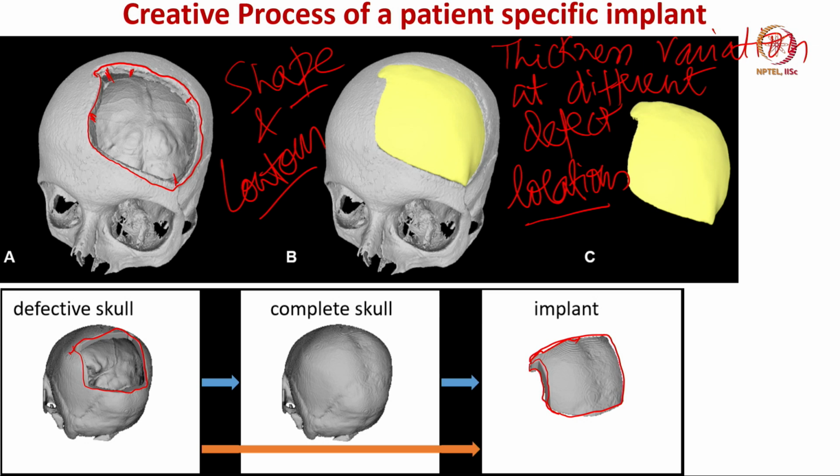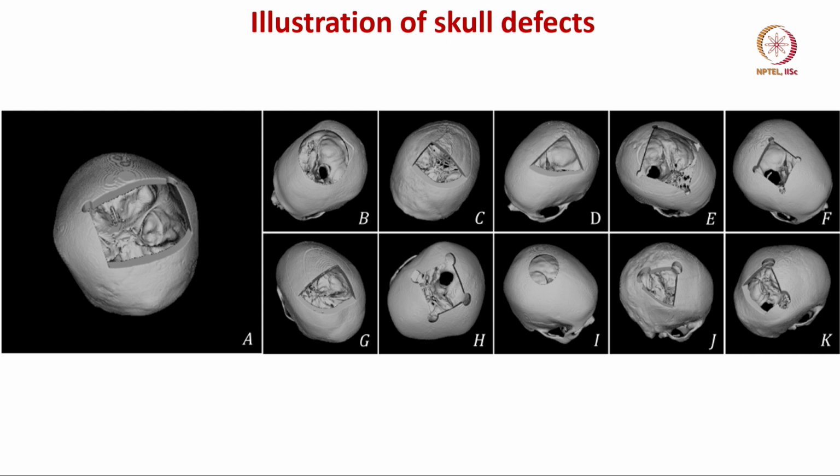The same way you can see in the top part A, B, C. In the C part it is your bone flap, in yellow color as you can see. When it is placed in the cranial defect, it should be able to fit perfectly into the cranial defect. That is one of the key criteria for better clinical outcome in this cranioplasty surgery. So, I will show you the different types of defects that are possible, different defect sizes,